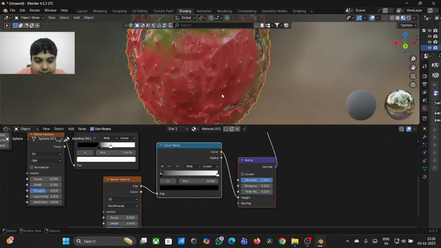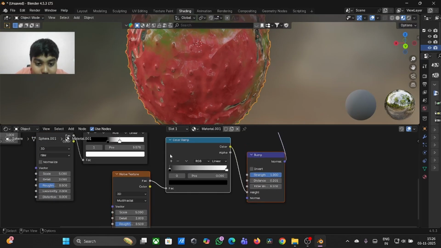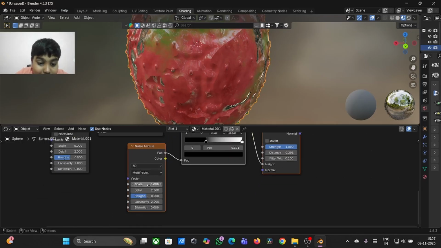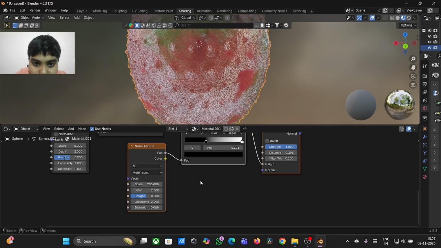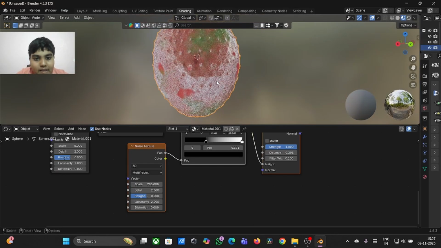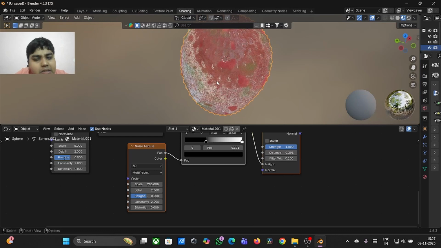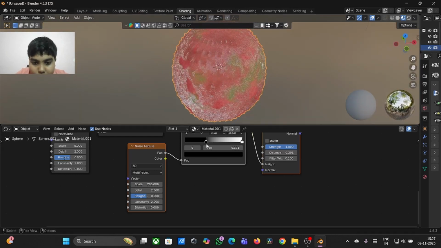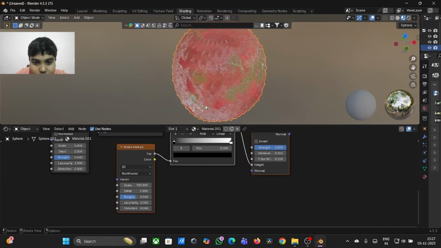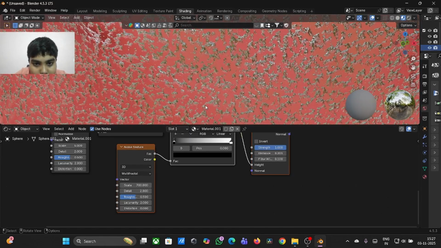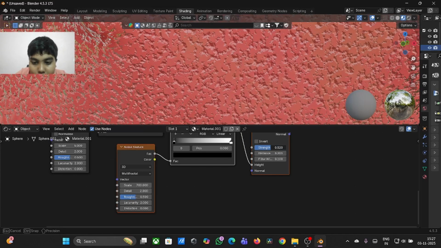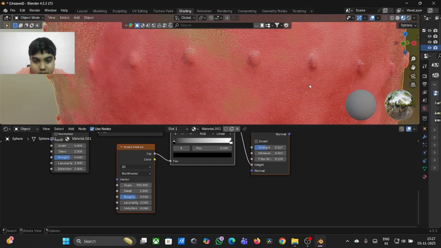But we don't want it like this. So we'll increase the black a little bit. And we'll increase the scale to 700. It's looking weird, but I'm not understanding why. Oh, okay. I think the strength is too much. I'll decrease the strength to 300,